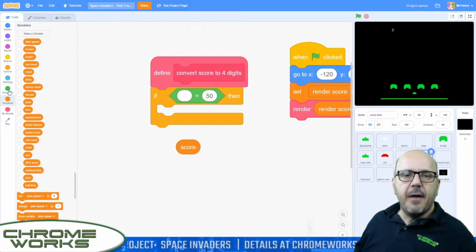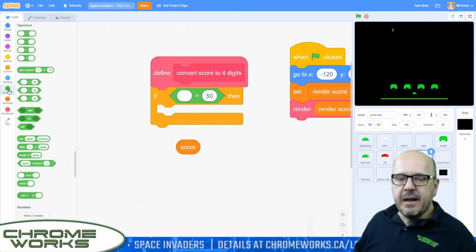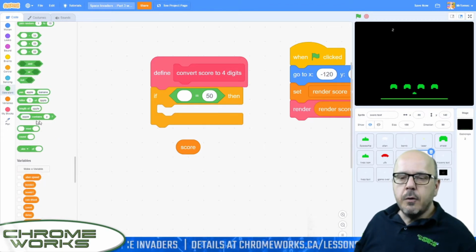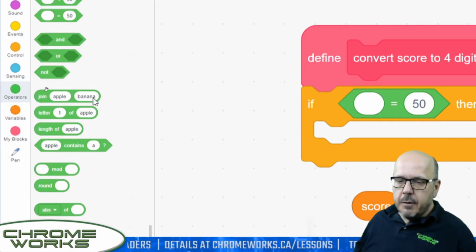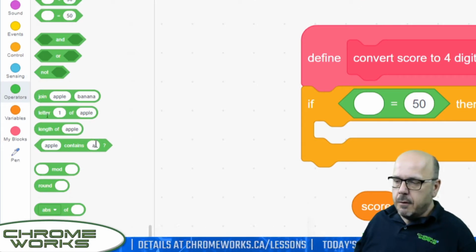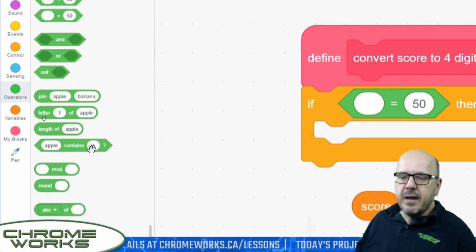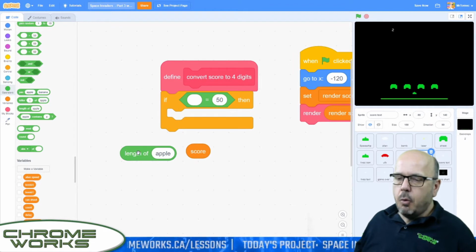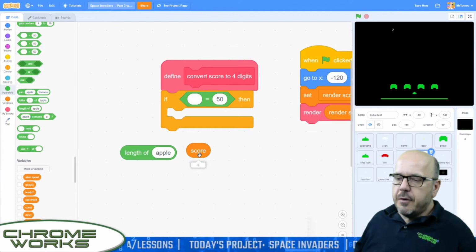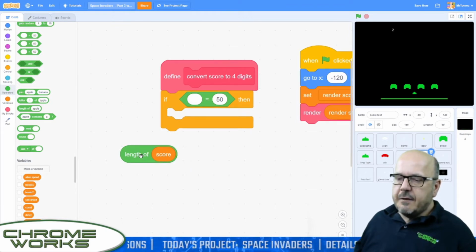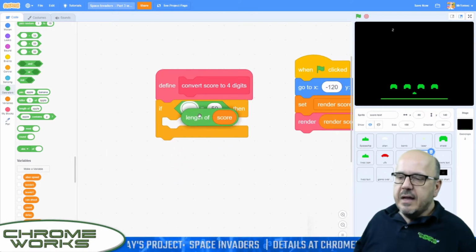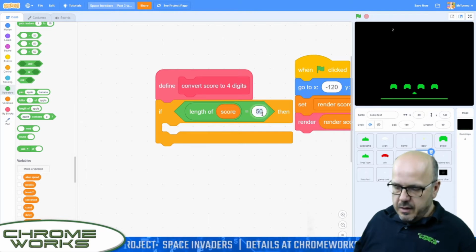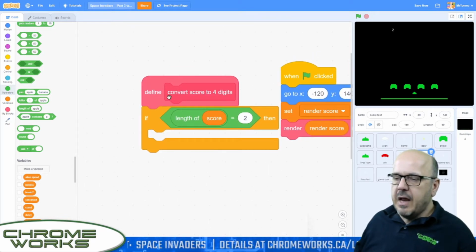Now we need the length of that variable. Now that's a text handling thing. We're treating our variable like text. So we're going to go to these green blocks here, operator blocks here that are here for handling text strings, right? So this one here, length of apple, it just returns the length of that score. So in the case of apple, it's 5 digits long, so it's giving us an answer of 5. Right now our score is 0, so the answer it's going to give us back is 1, because that's the length of our score, right? It's only 1 digit long. So if length of the score is equal to 2, so if our score is 10, 20, 30, 40, whatever,